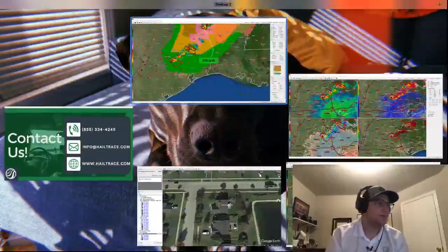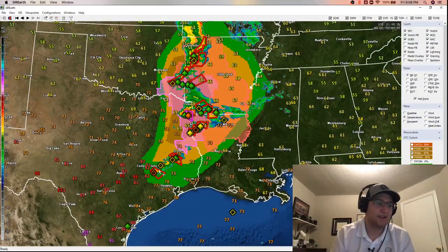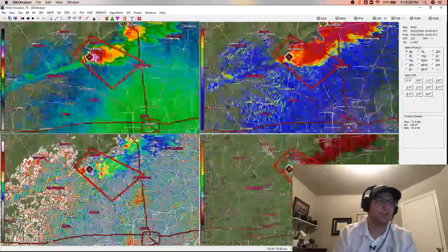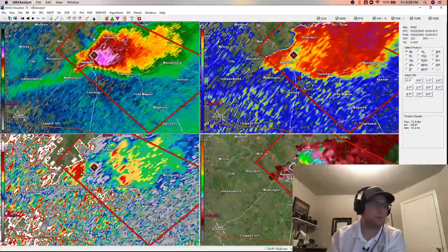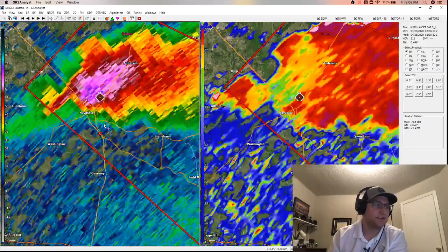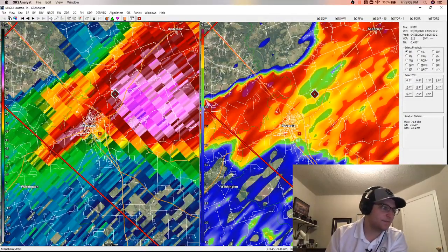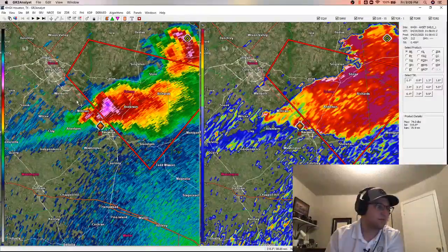And then also I'm going to jump into Texas. We do have some storms here in Texas that kind of have my attention. So this is going to be shifting gears a bit over to the Houston area. This is by Anderson, Texas. This storm's looking pretty good, actually. Let me bring it down to just 2 panels for you guys. Got a nice hail spike on this. So this is dropping golf ball size hail on the north side of Navasota, Texas. So this is right along